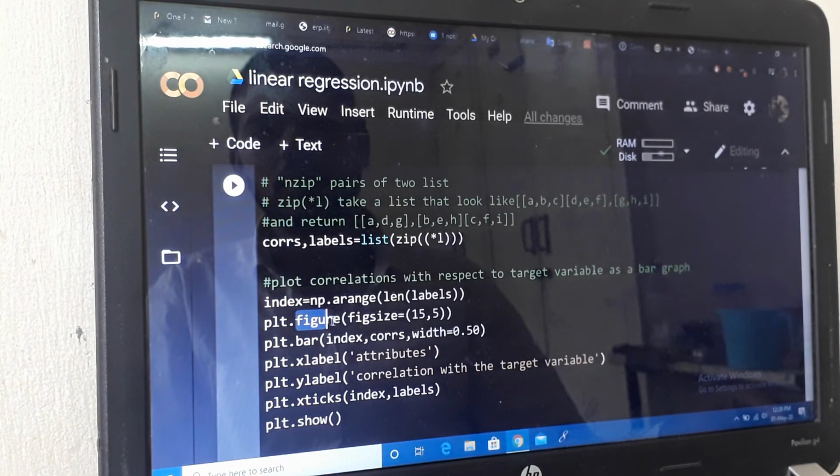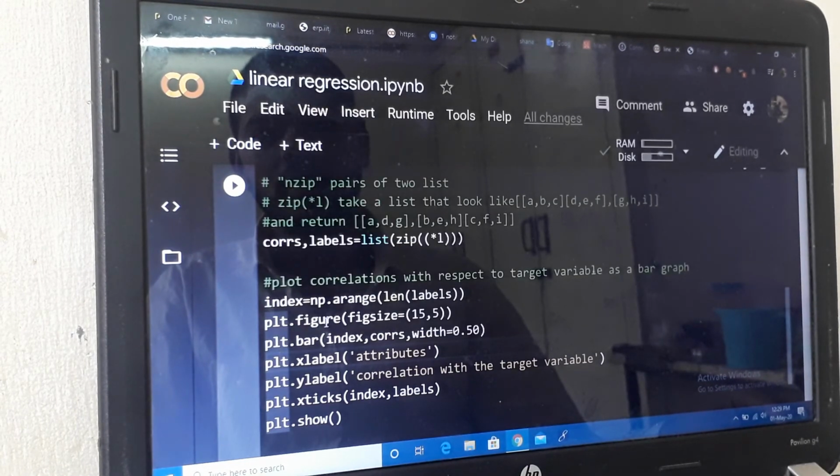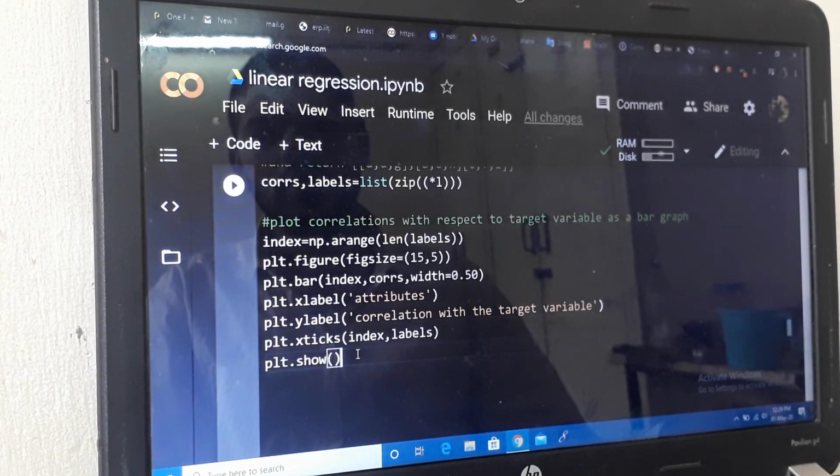First we use plot, which is available in the pandas library, and the index comes from NumPy range from length to label, and we pass the value. And I want to show the plot, meaning a bar chart graph.